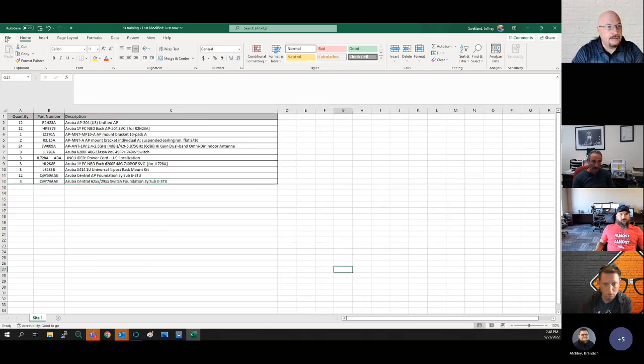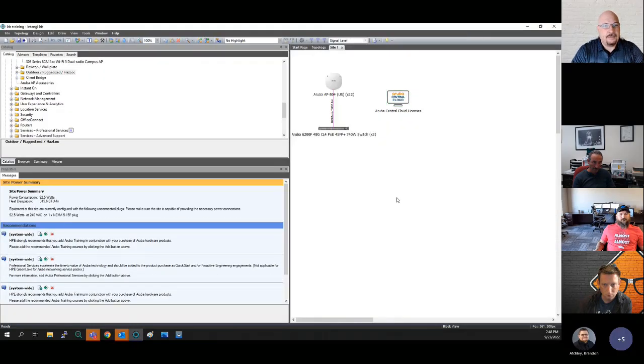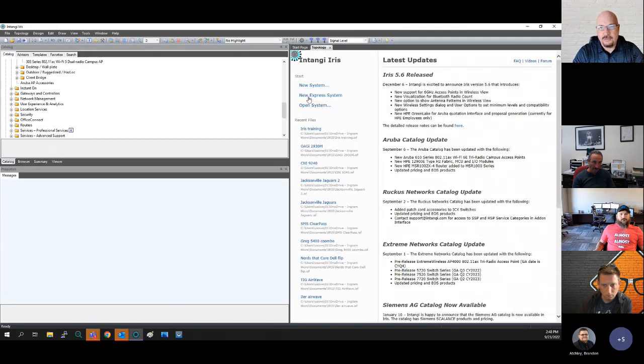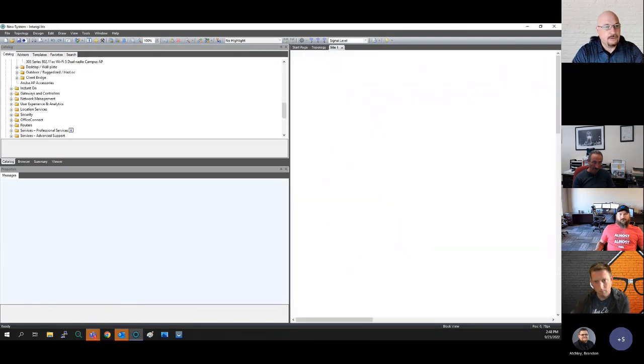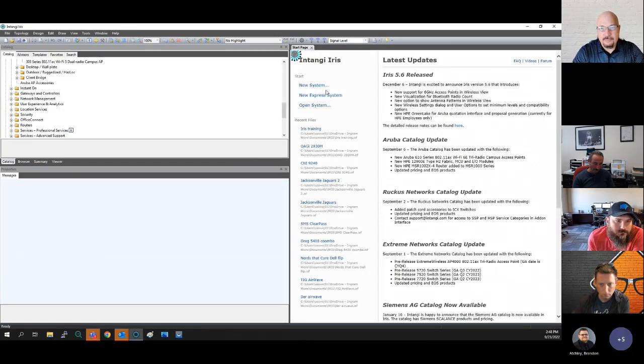Okay. So I made a little file save. We'll save that for later. And then once again, I can hit my file close. I can create a new system if I want to, or hit file close. If I want to open up the last one I just did, like the Iris